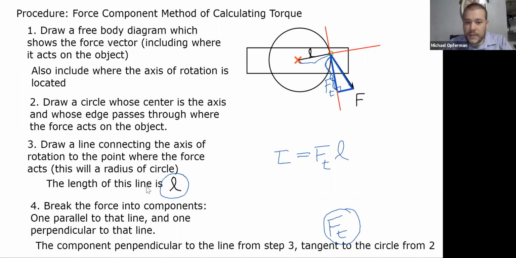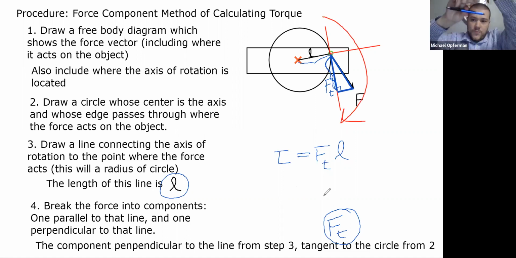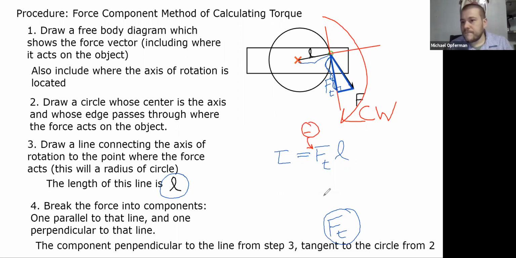Say you released it from rest and this was the only force acting on the object, which way would it rotate? If this force was the only force acting on the object, it would rotate this way, right? If you had a pen and you pushed down on this side, it would rotate like that. That is a clockwise rotation. So then this torque should be a negative torque. Clockwise is negative. So that's the way you get